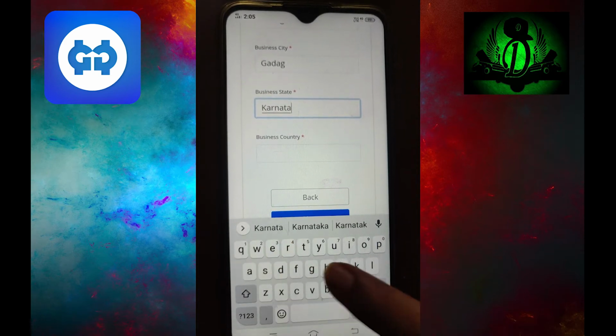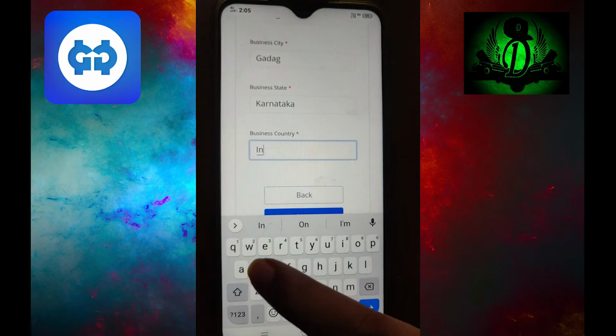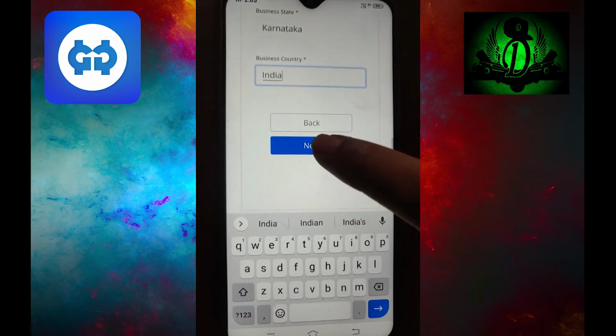Once done, validate or check all the details entered and click on next.